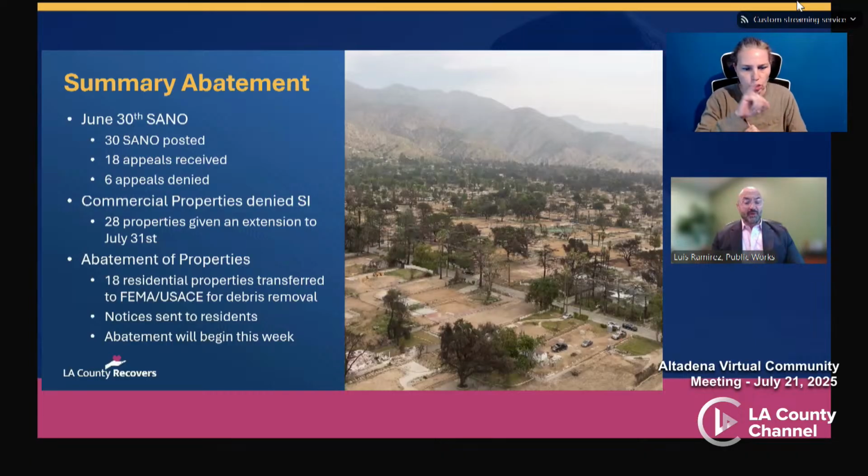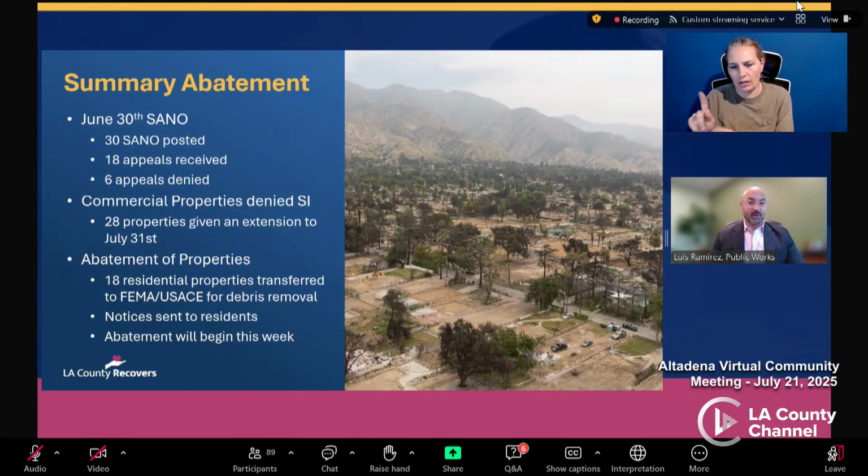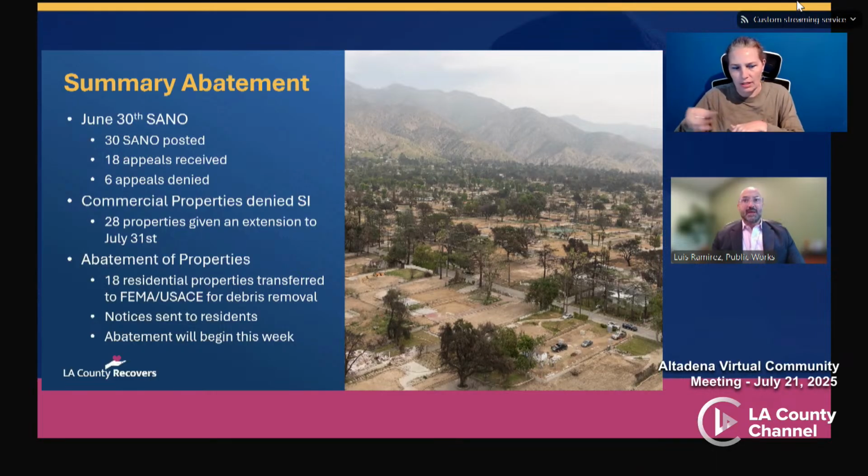There were a group of commercial properties, which includes both businesses and multi-family, multi-unit residential properties, that had applied for a special inclusion into the Army Corps program. At the end of June, 28 properties had been denied or not accepted into the program. So, as you heard the supervisor mention, these folks have been given until July 31st to complete their debris removal